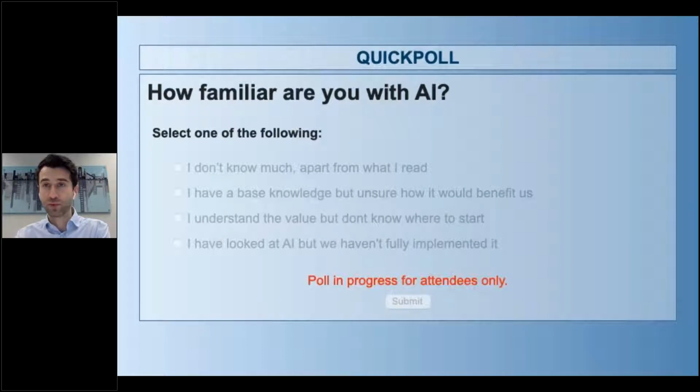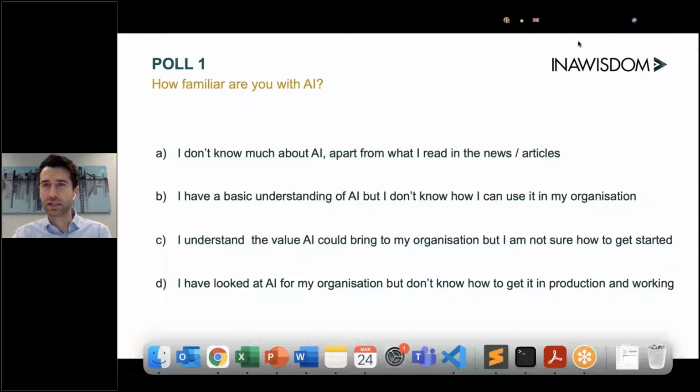All right, I am waiting for this. There are definitely people who are familiar with AI, but there are different levels there. So feel free to tell us what you think, because then I can perhaps change a little bit how the presentation goes. I can go faster or slower in certain areas. Okay, let me see. All right.